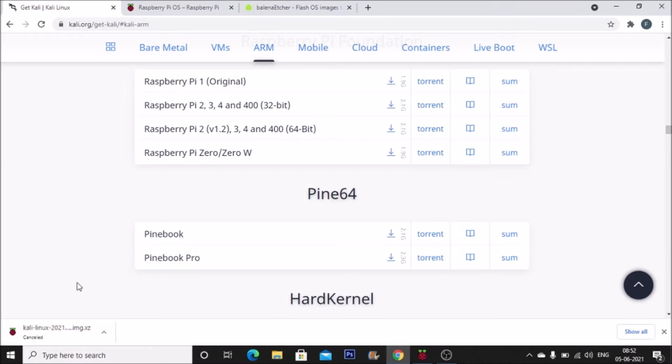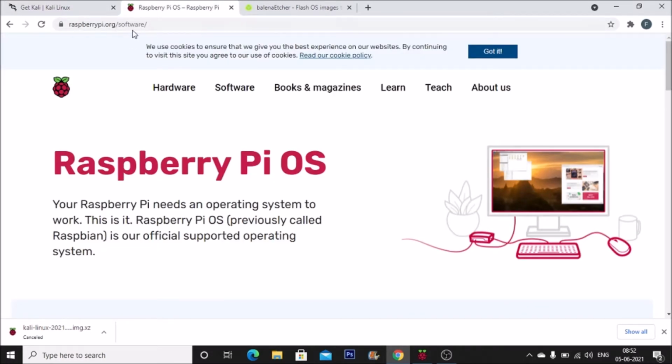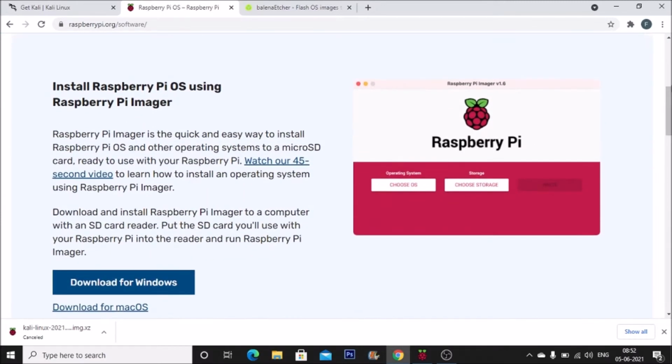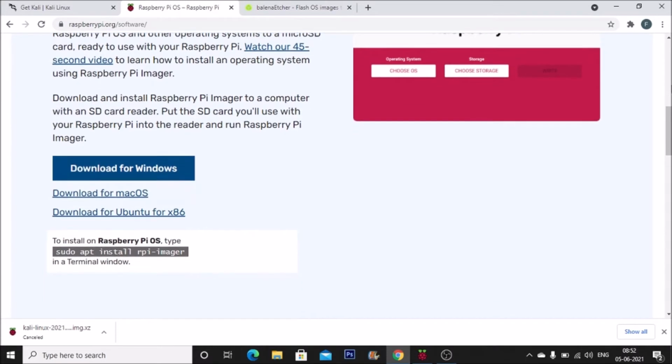Now we need a Raspberry Pi Imager or Balena Etcher for flashing the image onto our SD card. So go to raspberrypi.org/software, and here again we are going to scroll down, and as you can see this is our Raspberry Pi Imager.